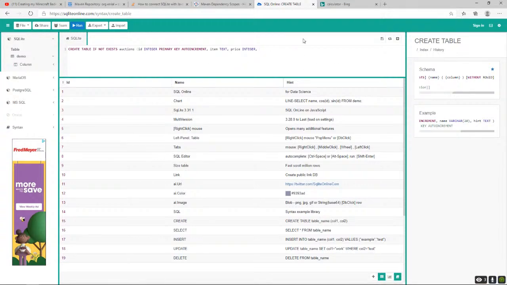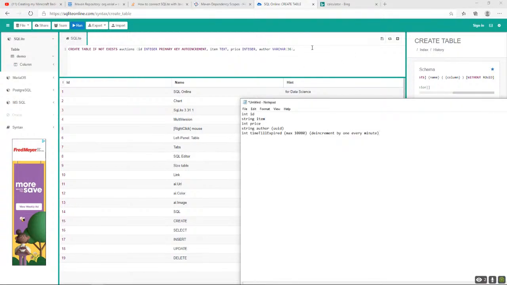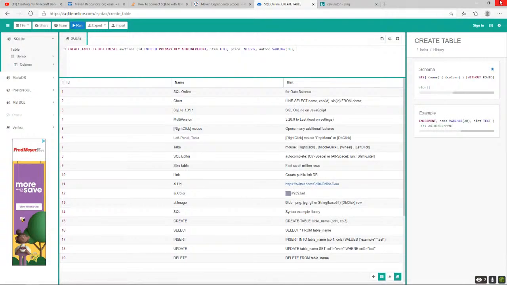So UUID, author varchar of 36, and then an integer, time left integer.